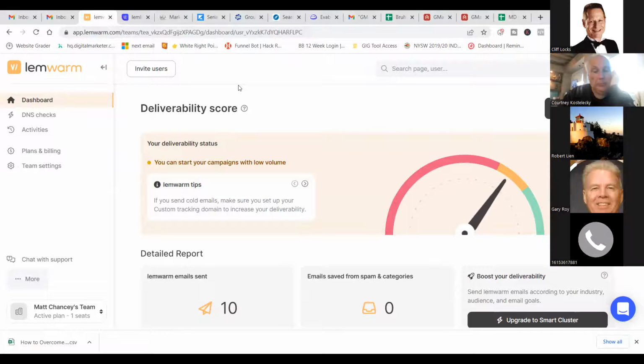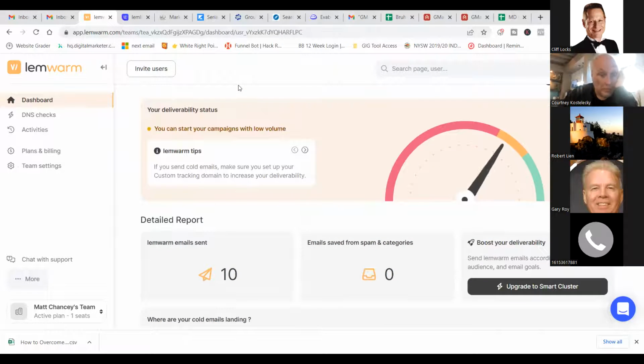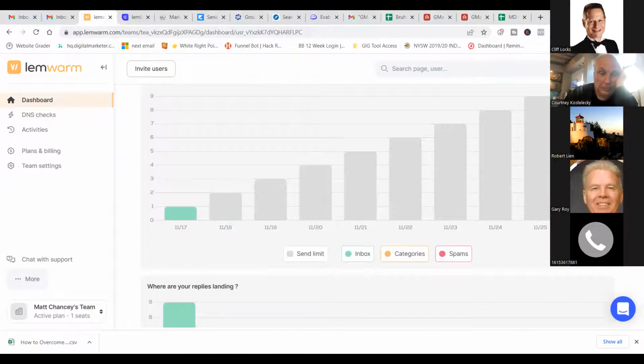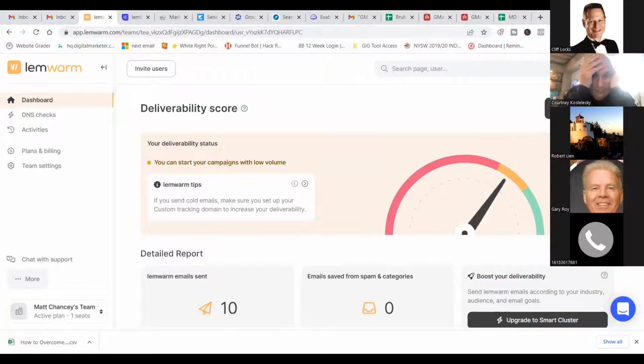With LemWarm, you create a new Gmail account, you put it in here, and they have 20,000 email addresses of all their users who have agreed to get campaigns from each other to warm up each other's email addresses. In the last 24 hours, it started with 10 a day. Interesting that it did the same thing that I amateurly made up, but I'm imagining that's going to grow. It's automatically doing that, so I don't have to manually send emails. I don't know how long it takes before it tells me I'm warm. We're going to find out. I'll report back to you.